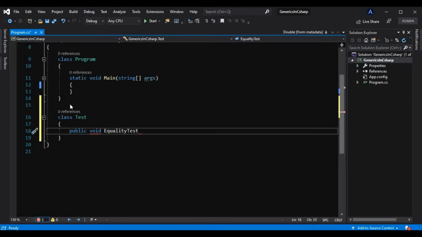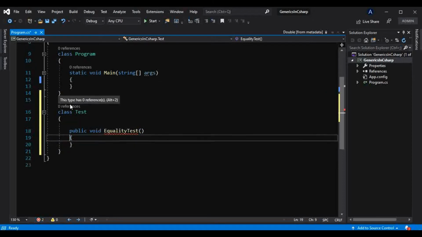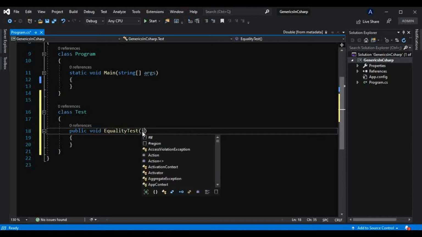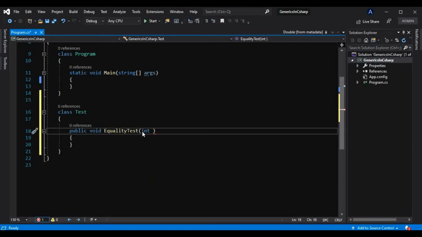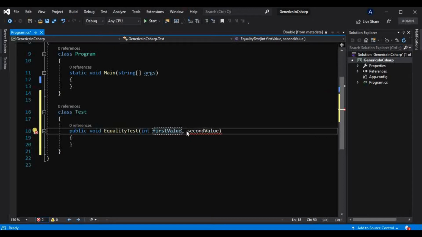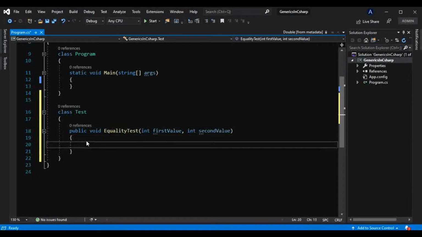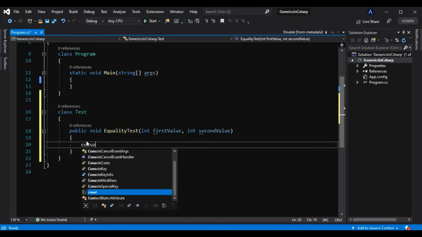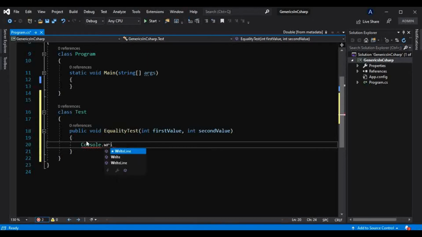For now we will take two integer parameters, the first value and the second value, and we will print the result onto the console.